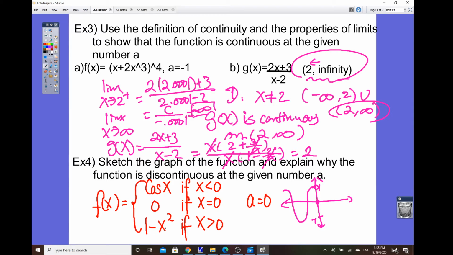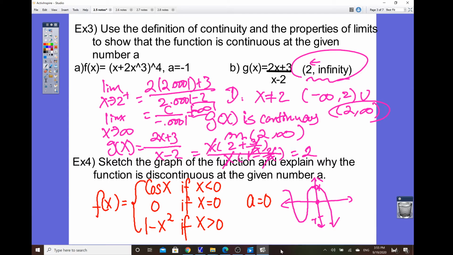1 minus x squared, so that means it's considered an upside down parabola. But for the restricted value, that means only a half parabola here. So it goes down all the way like this. So now, you want to explain the reason why the function is discontinuous at the given number a. So the way to define it,